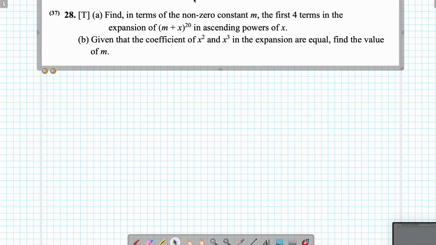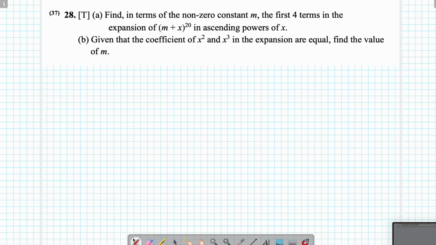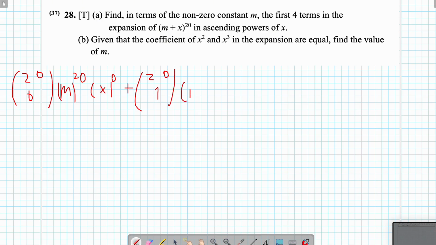Okay, so first we're gonna start off with 20c0, m to the 20 minus 0, which is m to the 20, times x to the 0, plus 20c1 m to the 19 times x